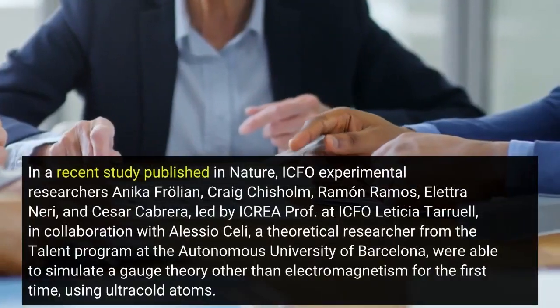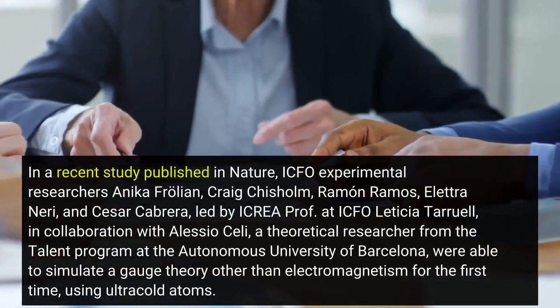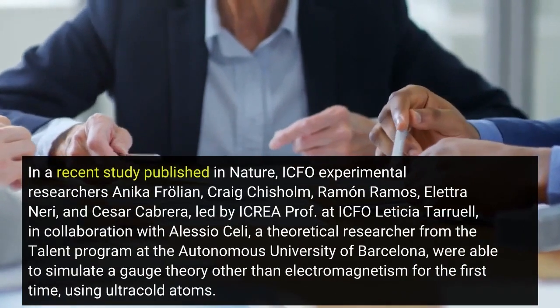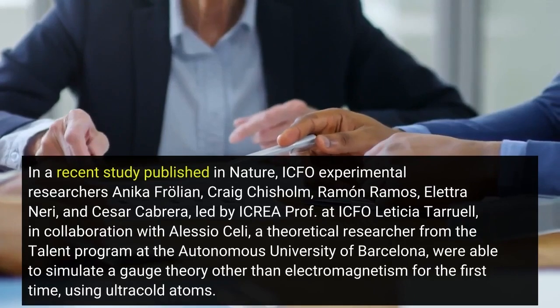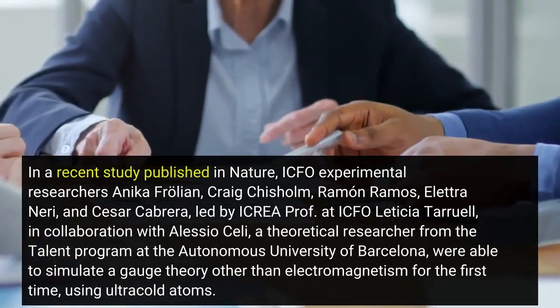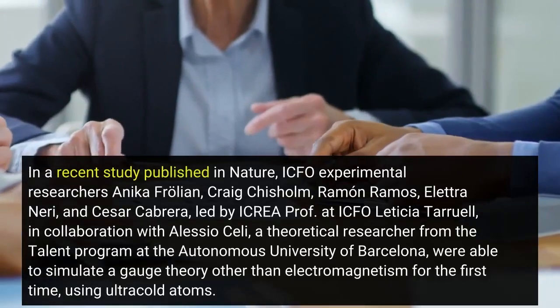In a recent study published in Nature, ICFO experimental researchers Anika Frolian, Craig Chisholm, Ramon Ramos, Aletra Neri, and Cesar Cabrera, led by ICREA professor at ICFO Leticia Teruel, in collaboration with Alessio Celli, a theoretical researcher from the Talent Program at the Autonomous Univer